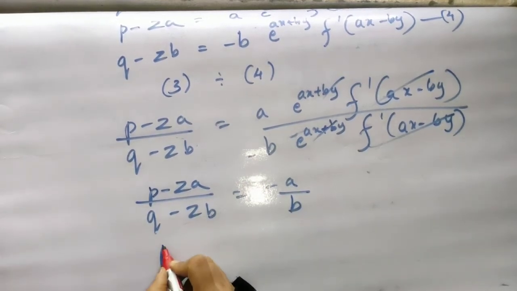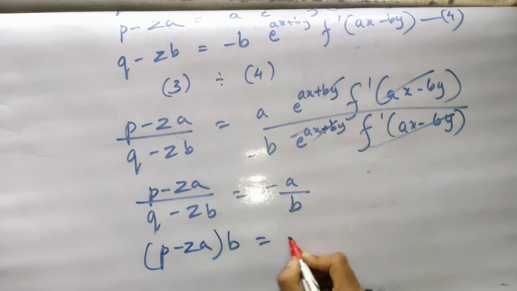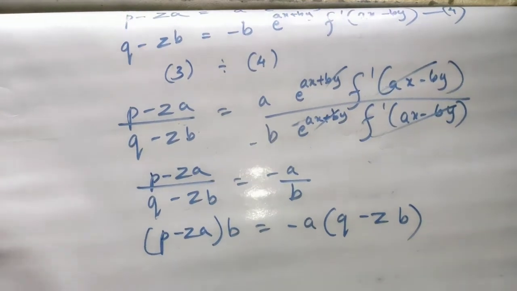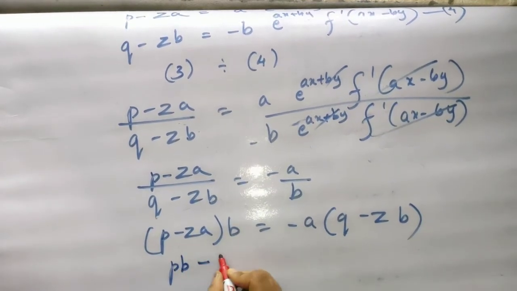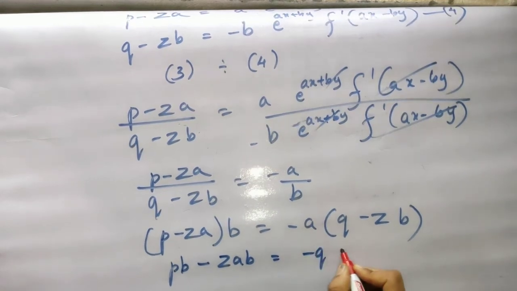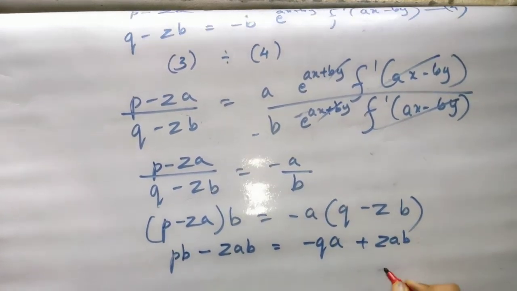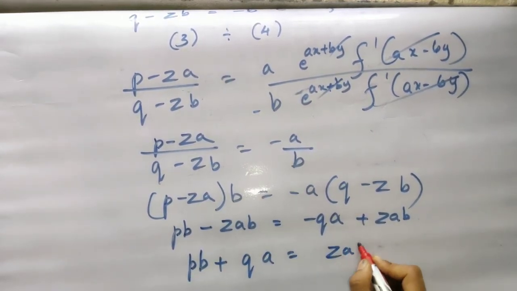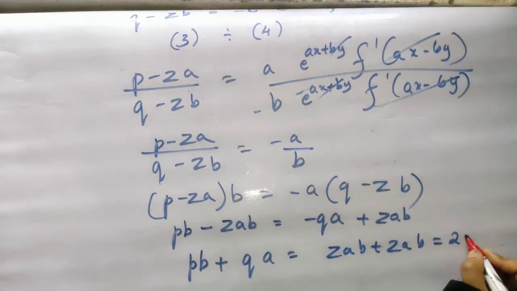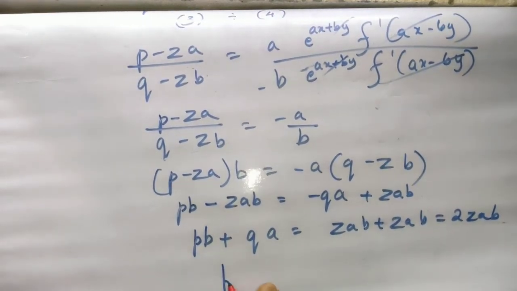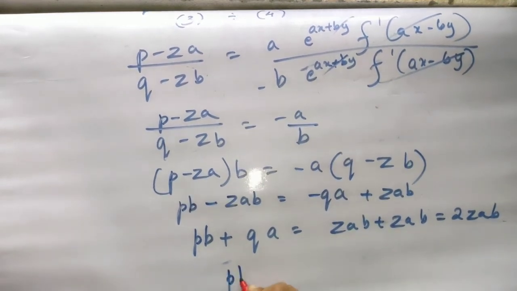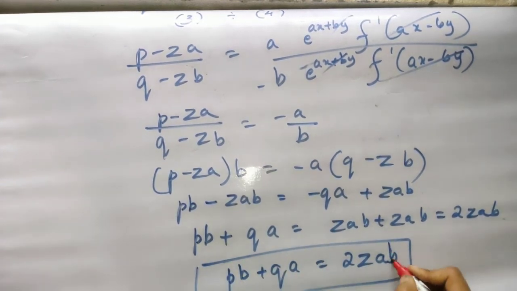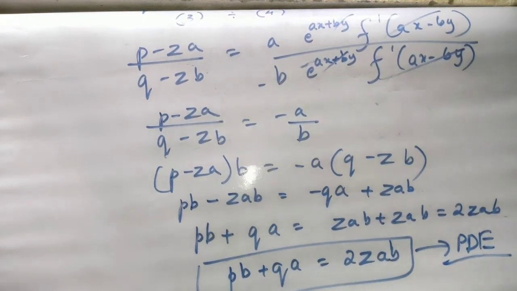So now b into (p minus z into a) is equal to minus a into (q minus z into b). Okay, so p into b minus z a b is equal to minus q into a plus z a b. You can rearrange the terms. p into b plus q into a is equal to z a b plus z a b, which is 2 times z a b. Okay, so p into b plus q into a is equal to 2 times z a b is the required PDE. Okay, this has appeared in the question paper, so practice